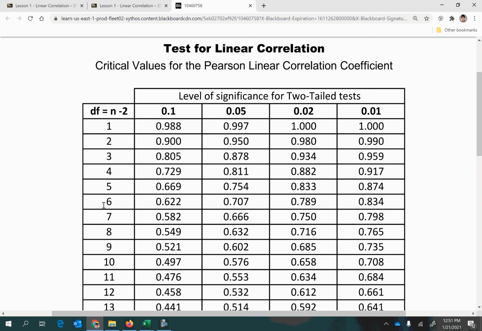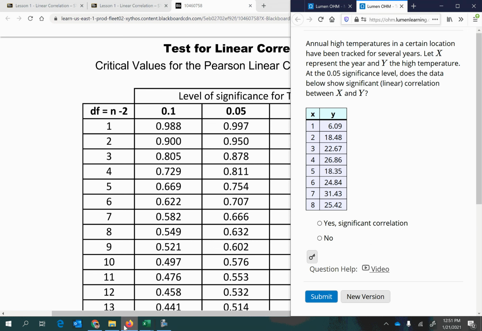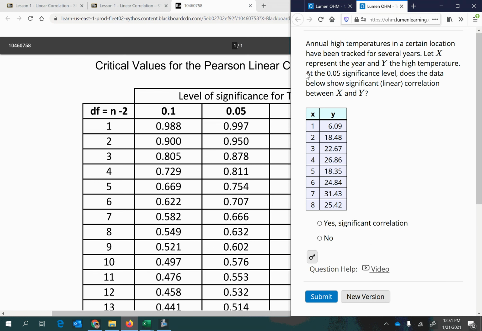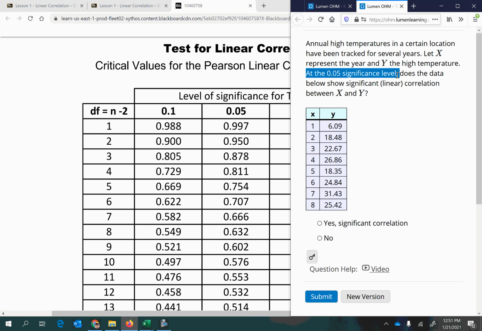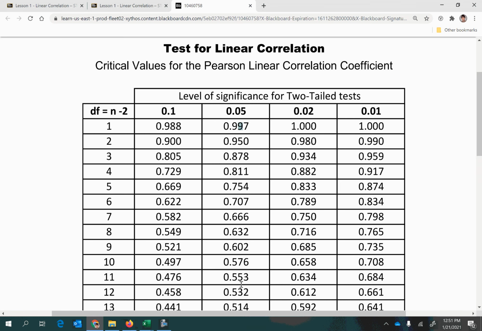The second thing we need to know is which level of significance we want. And that also determines how strong your results need to be. So here in this problem, they've specified that we should use a 0.05 significance level. So we'll be looking in this column here, the second column. All right, now in the 6th row and the second column, here I find my critical value,